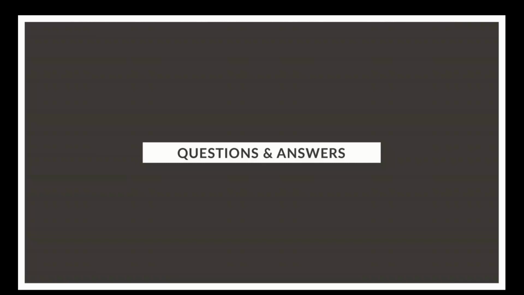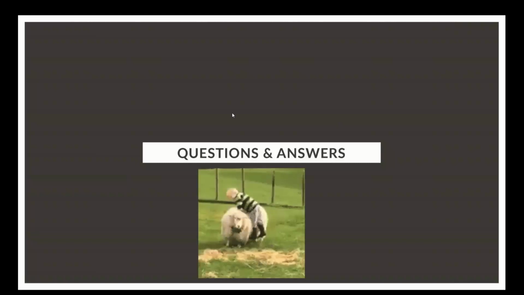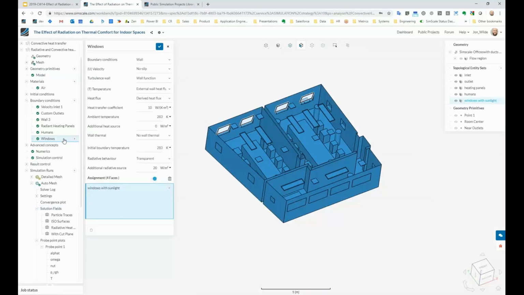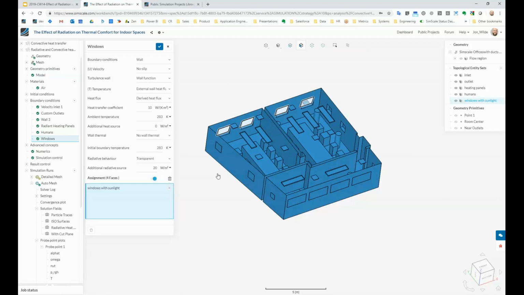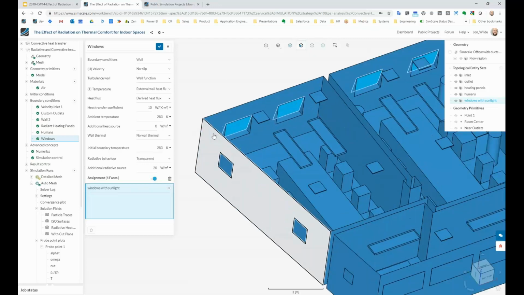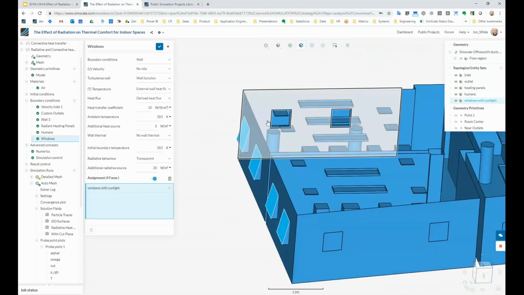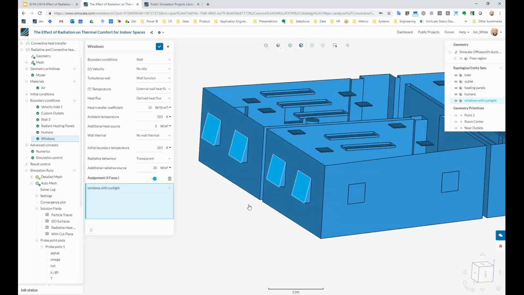I'm definitely listening. Okay, so I'm going to very quickly jump back into the interface to talk about how we set things up with windows. One thing that we haven't got within SimScale is essentially directed radiation. So we're not going to see the solar radiation coming directly through the windows. It will basically diffuse as it reaches them, which for now is a pretty big step for us. To get here has been a big step, but I think anything else is going to be small steps. So we're looking at that in the future, but right now, just to talk about windows, as David was asking,